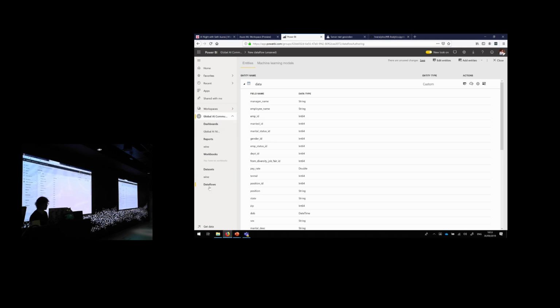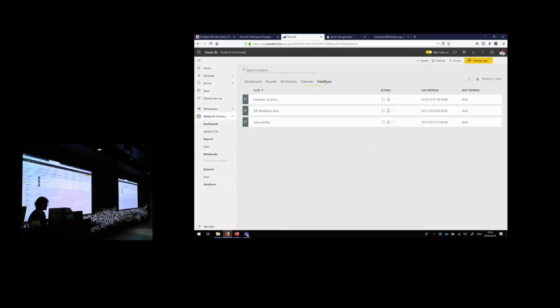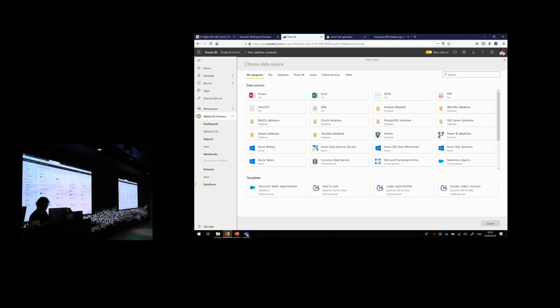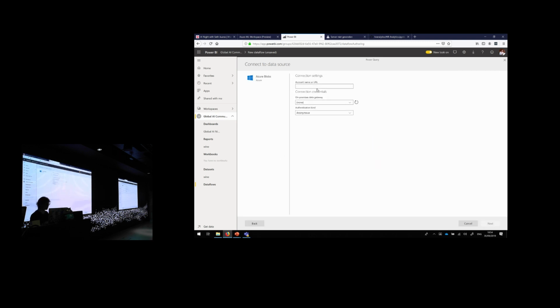Let me see. I'll go to a dataflow. Good. All right. So we're going to make a new flow. And we're going to use the validation set to connect it to the model. And then we can basically run it in Power BI. So we create a new one, and we add a new entity. One step I forgot, I also uploaded the validation set to Azure. So it's in a blob storage.